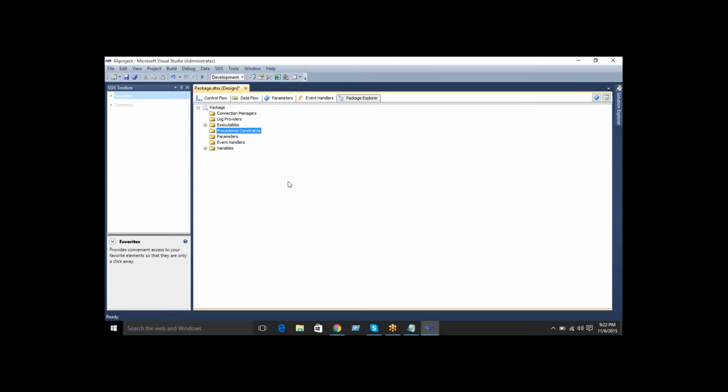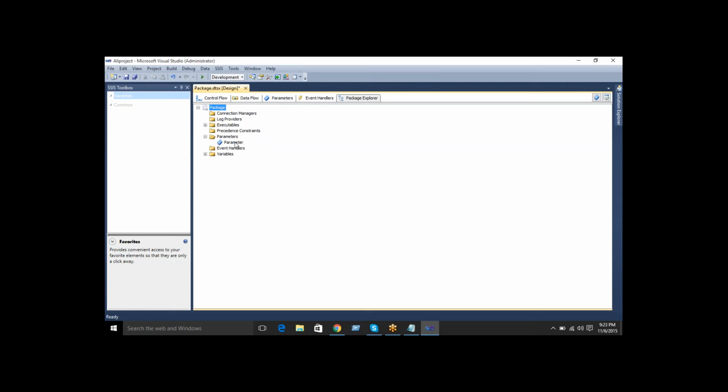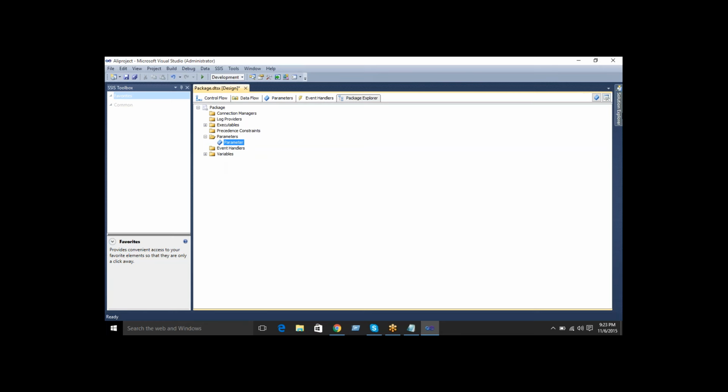For example, I am creating one parameter. If I go to package explorer, we'll see the parameter is added. These are the system variables, by default. So I'm creating one new variable. There is a variable button here, just click on this.